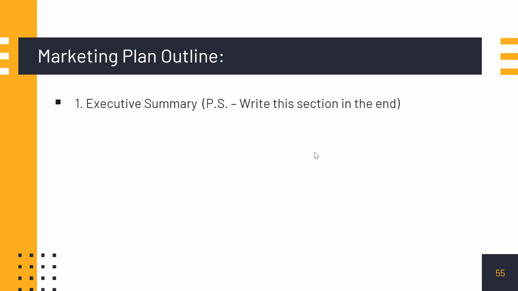So the first is the executive summary, which basically means everything that your restaurant does. What differentiates your restaurant from the rest? What is it that you provide? Why should investors invest in your restaurant? Why should another potential buyer buy your restaurant? Or why should you open a new restaurant in a new location? So त्यसको बारेमा चाहिँ एउटा executive summary, which you can write at the end, which compiles everything that we are going to talk about next.